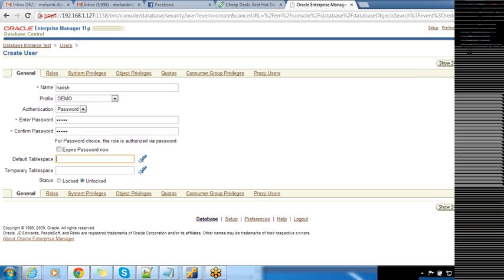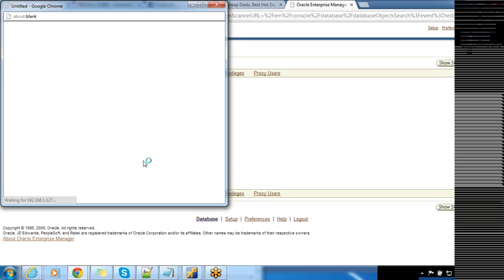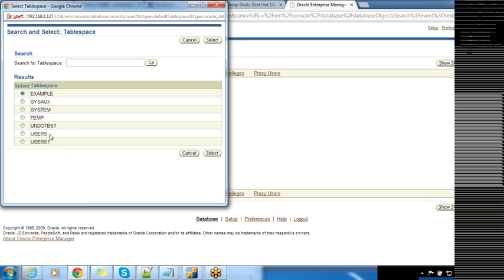Oracle. Here I have to specify the default table space. So if I don't know the table space name, I can just click on the search button. It will show me all the table spaces which are existing on the server. I can just click on this radio button, select,